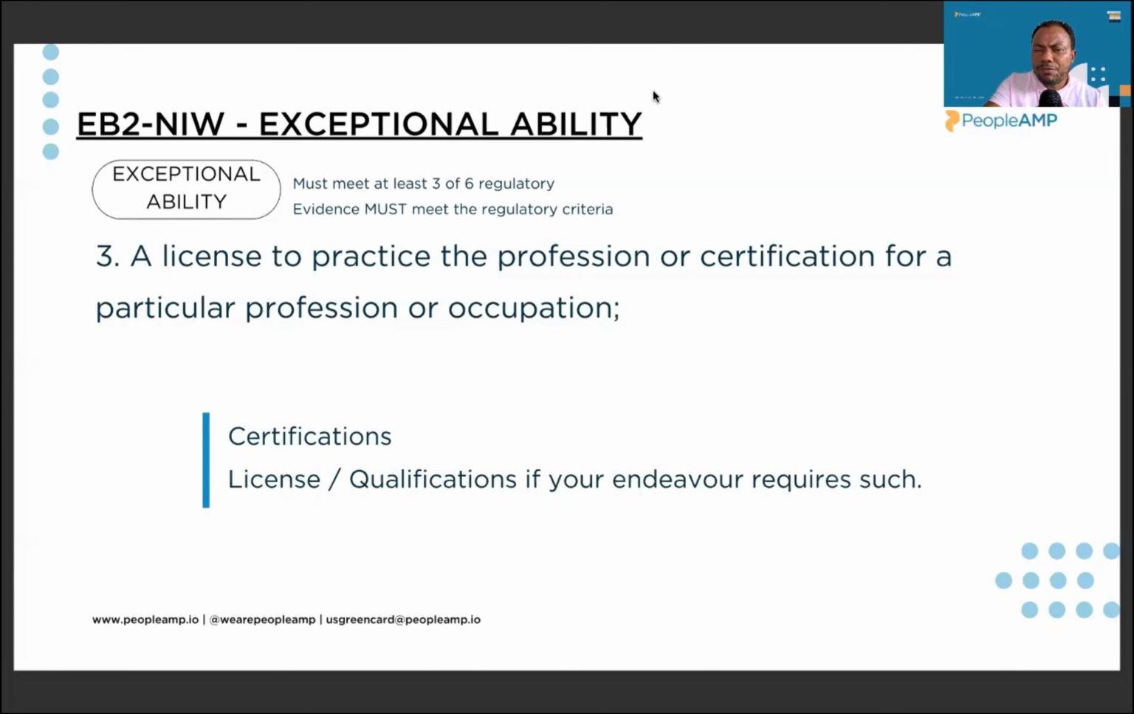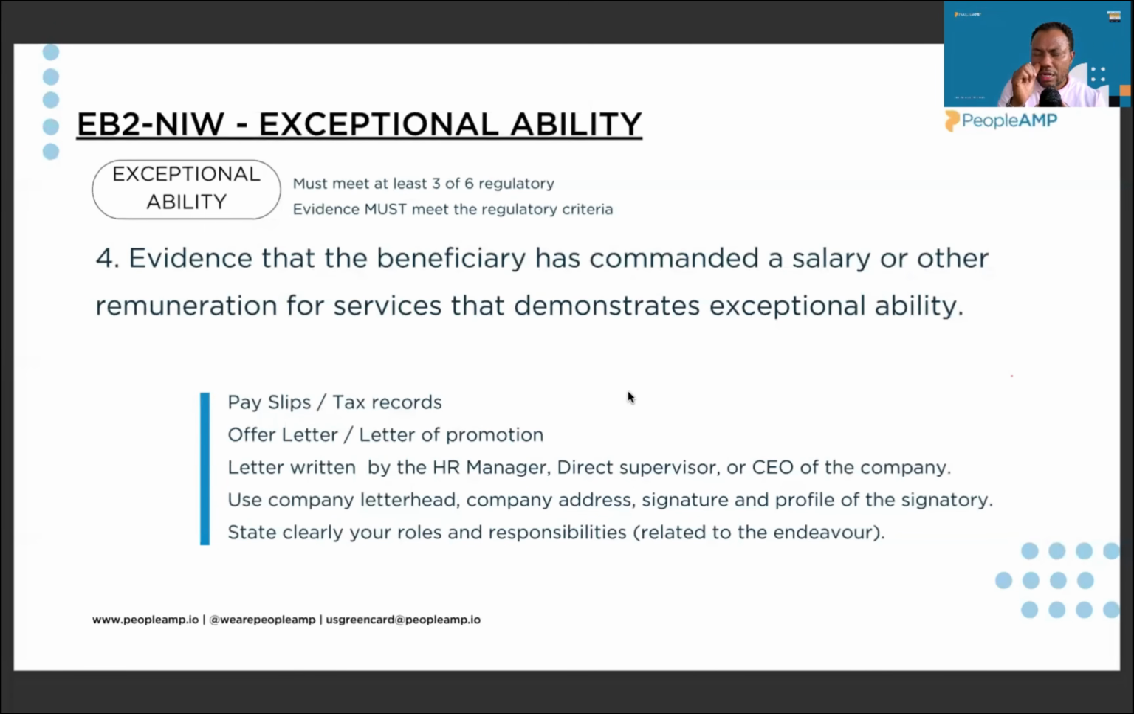On number 4, the evidence is talking about compensation. The logic behind it is that if you are good enough and you have had a very good work experience in a particular field, then you would have been paid salary for doing that job. And if you are being paid salary for doing that job, then you are considered to be an exceptional talent. So this evidence says that the beneficiary has commanded a salary or other remuneration for services